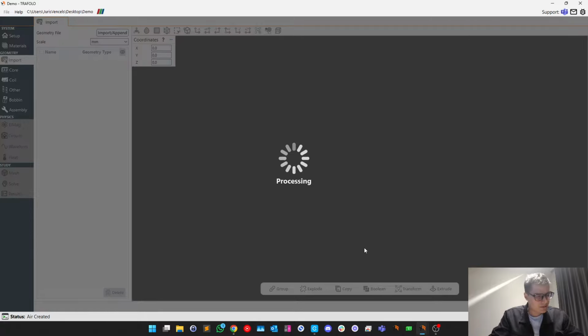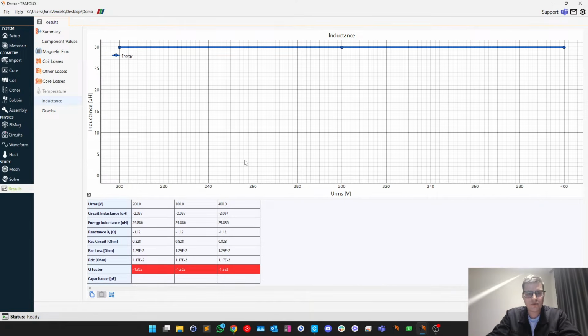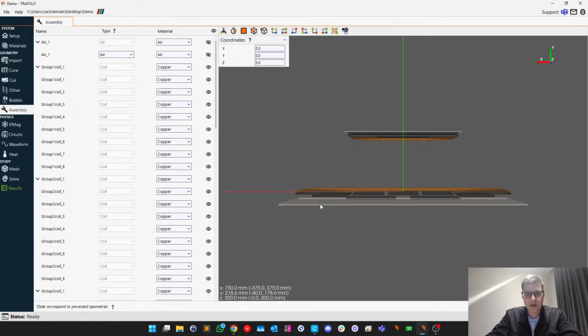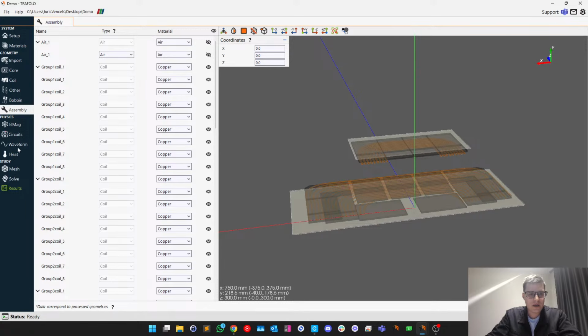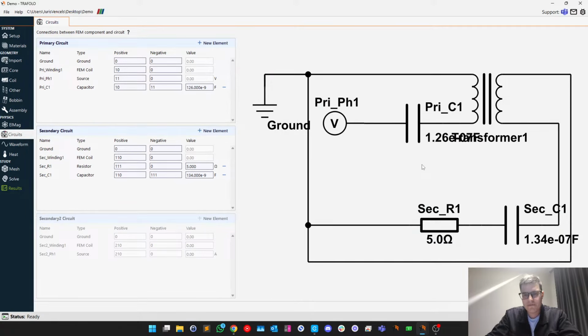So first one is wireless power transfer. And the main magic that you should keep in mind is that it will not be sufficient for you to run one simulation. You will need to run a couple of simulations for the geometry. First, to find out what is the self-inductance of each of those coils. Once you find out the self-inductances, then you can calculate the capacitances that you need to match to this resonance